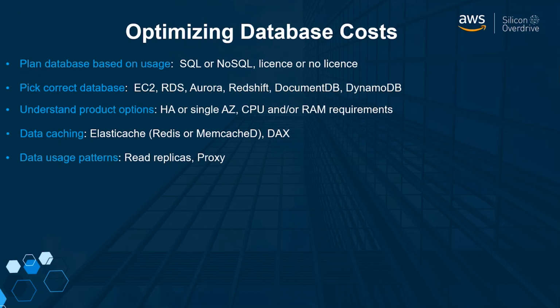Can MongoDB run on DocumentDB? Do you want it on EC2? Do you want it on Atlas? Where do you want it looking? Can it move to NoSQL? And possibly parts of the database can be split. Maybe you'll find certain components can be moved into a NoSQL and you leave the rest in the relational. So it's really useful to get a good sense of what is possible, and then go and have a look at the product pages, understand what is there, and make sure that you understand the costs and how you're structuring it.